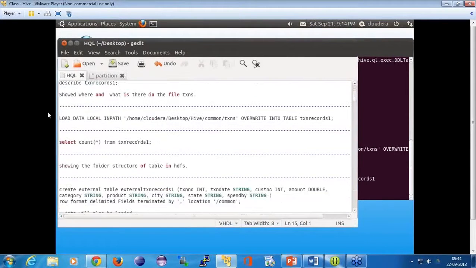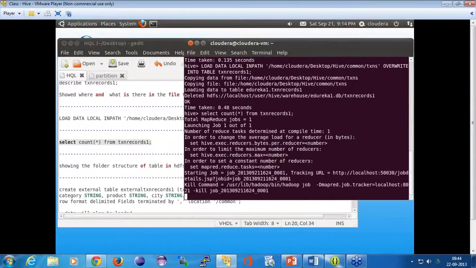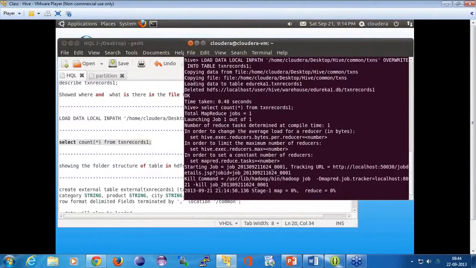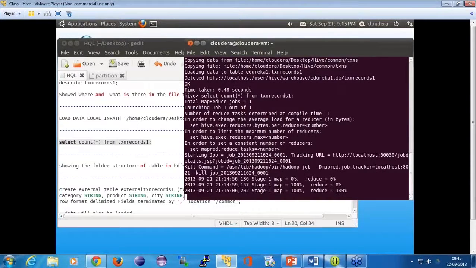And then you do a select count star from transaction records. Let's see what happens now. Okay, now if you see, it has started running MapReduce, right? So basically whatever you do on Hive will be converted into MapReduce, similar to what was happening in Pig as well.